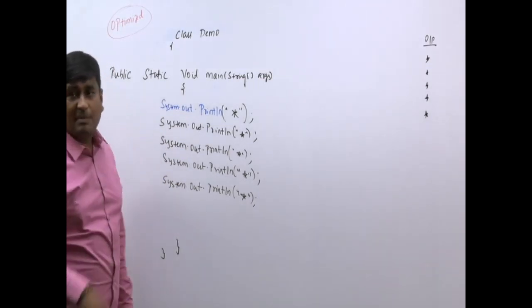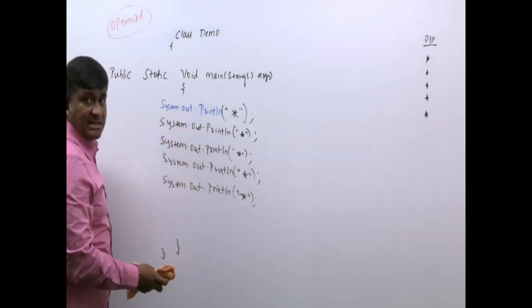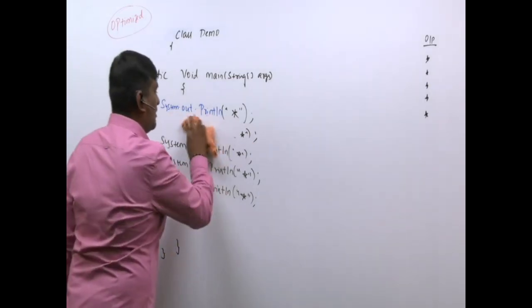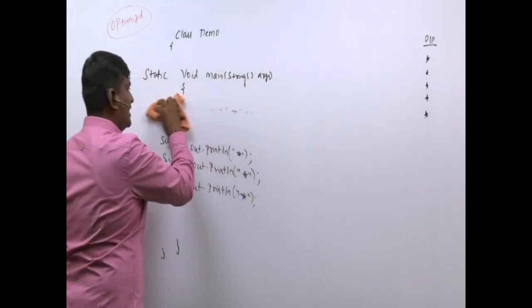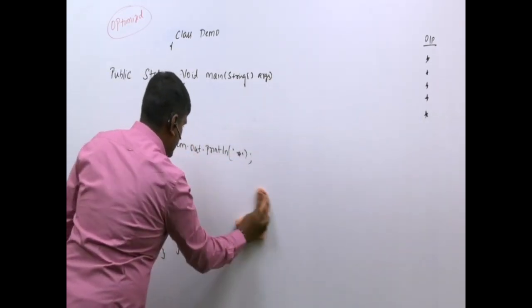Have only one copy, like this. Now I will do it like this. Instead of having multiple identical lines, I will have only one copy. So instead of having multiple lines, only one line I will keep, like this.